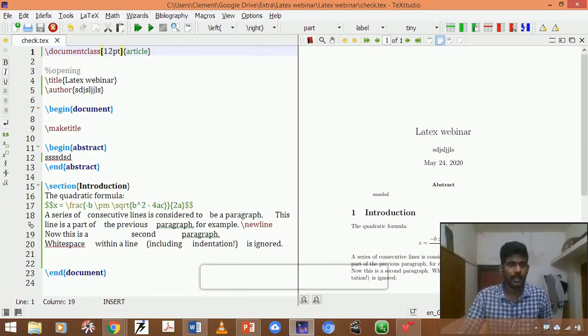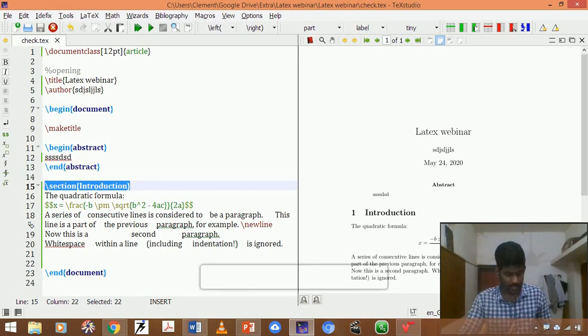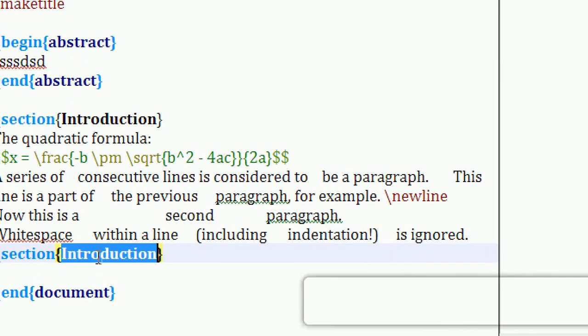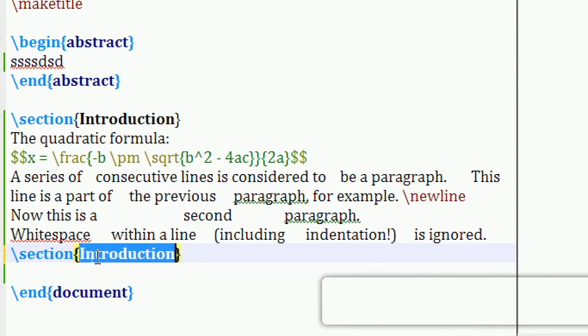Okay, I can come back to the section creation. Here I created the Introduction section. If you want to create one more section, I can simply copy and paste it over here and give the name Preliminaries.